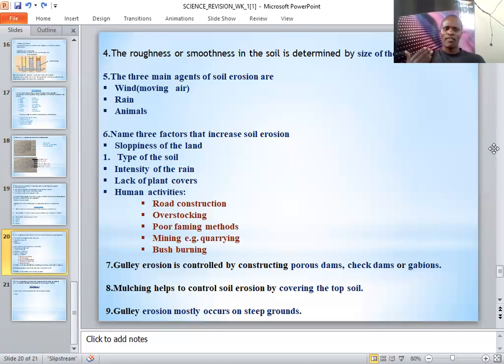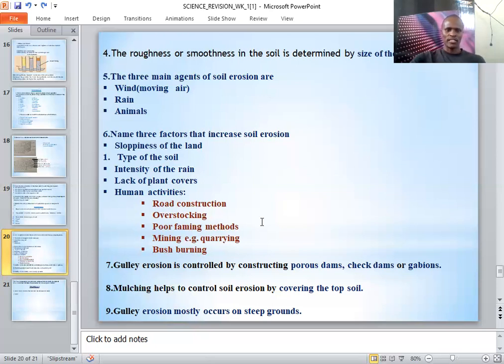We have poor farming methods, or what is called monocropping. Monocropping will also facilitate soil erosion. Monocropping is a situation where a farmer is growing one type of crop in a given land for a long period of time. When this happens, it leads to exhaustion of the soil, and the soil drainage, soil capillarity, soil texture and soil structure will be interfered with. Then that soil will be easily carried away by wind or by water because of